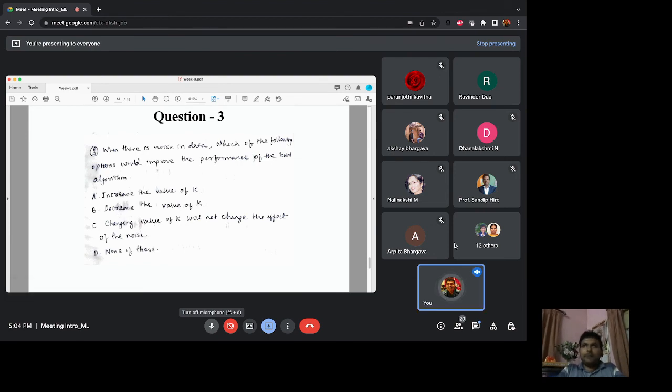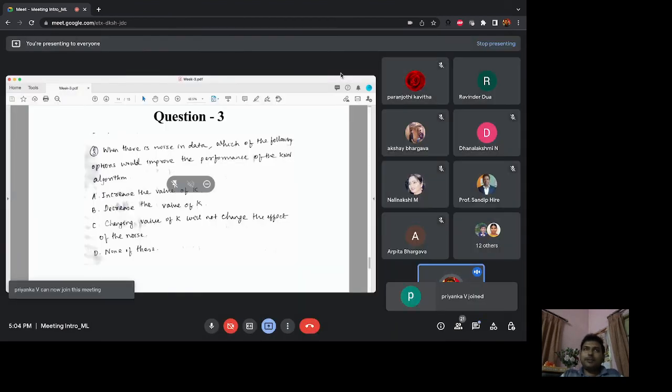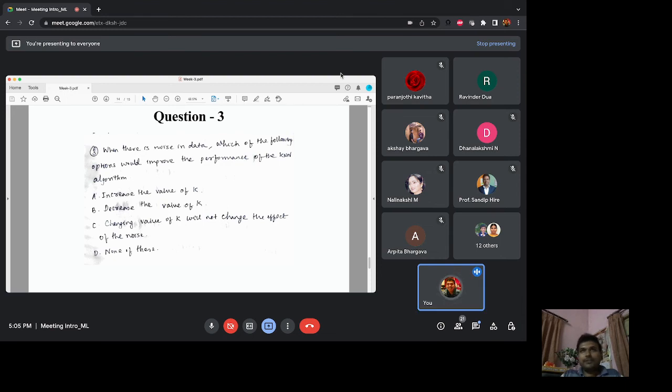But I am talking about not increasing k to such extremes. One possibility is you can increase k to all the training points that you have, so that won't give you any good result. Of course it will start increasing after some time, but what I am trying to say is, if you have noisy data, then k equal to 5 or